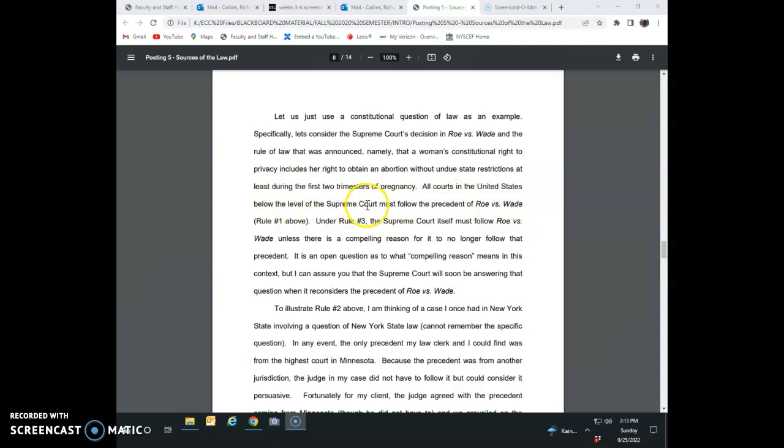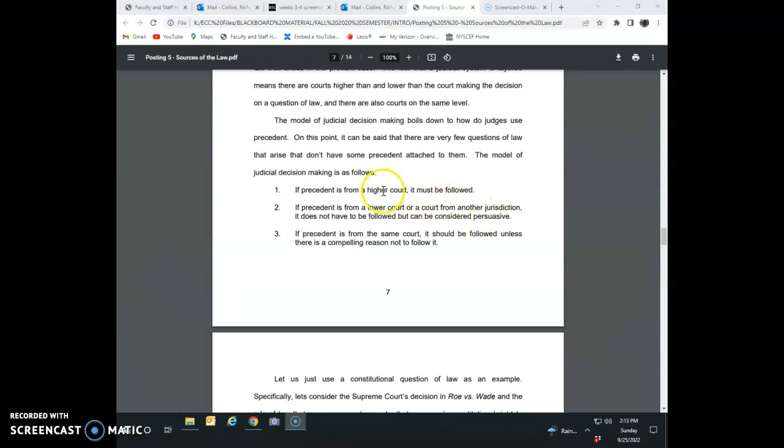What I have in the next sentence is that when Roe versus Wade was precedent, all the courts below the level of the Supreme Court in the United States, because on questions of constitutional law, the Supreme Court's interpretation of the Constitution is binding on all lower federal courts and all state courts. So all of the courts in the U.S. were required to follow the rule of precedent in Roe versus Wade. Now let me just go up a little bit, and if we're in, as we are, that first rule of precedent, that meant that all of those courts, even if they disagreed, even if they thought Roe versus Wade was wrongly decided, were required to follow it.